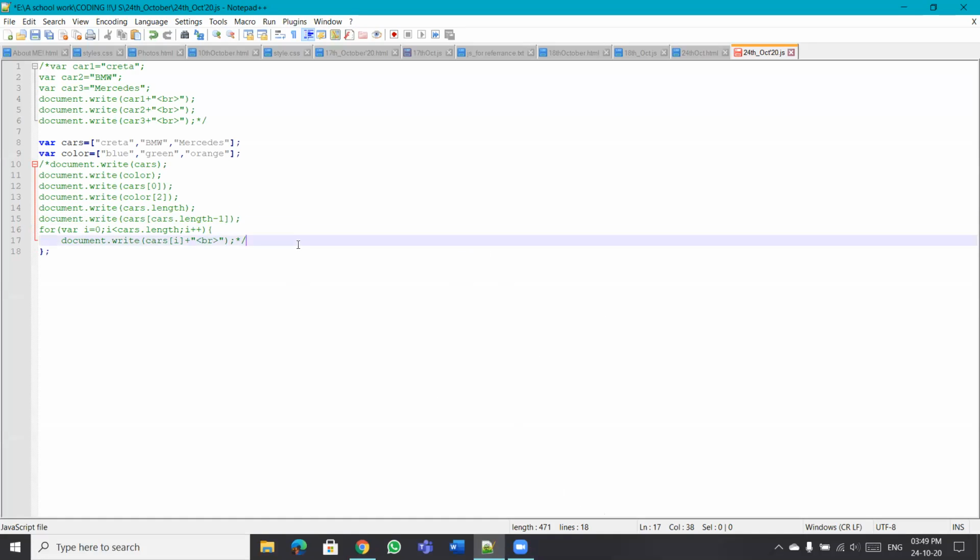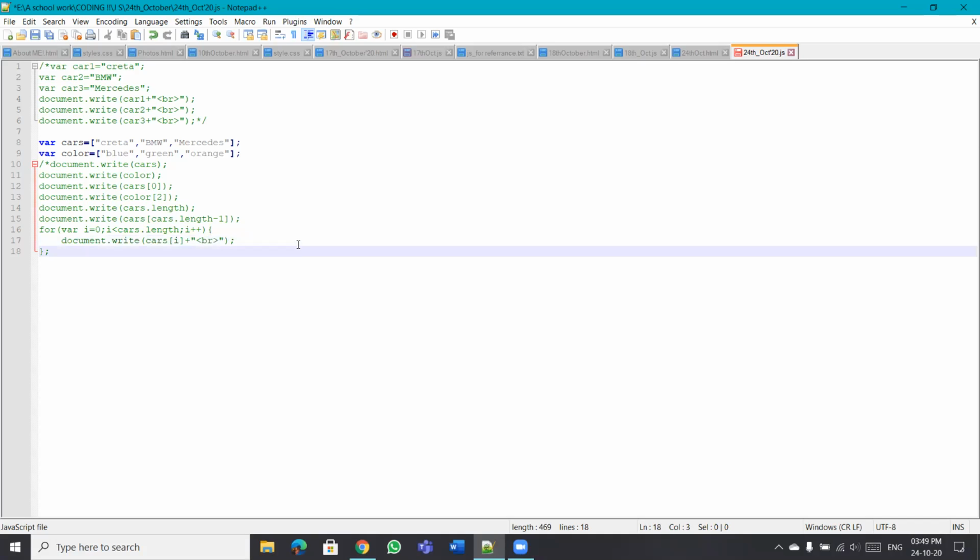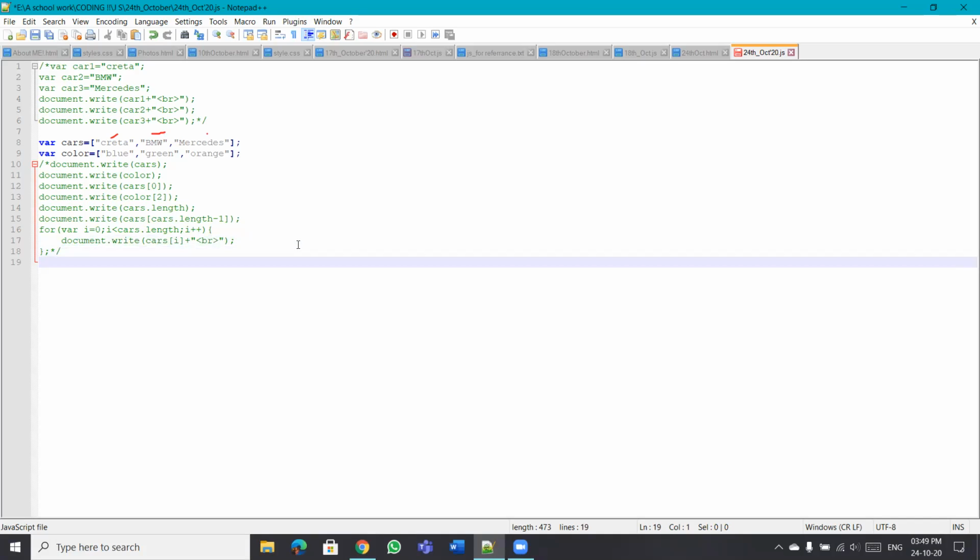Okay. Now you have got three values in your array. Suppose you want to enter a fourth value in the array. Instead of going to line number 8 and adding it there, you can add it in your program itself. For that, you'll make use of a statement called push. So let's make use of cars.push. Cars is the name of the array. Cars.push, and in round brackets, just give the next car, whatever you want, within that.